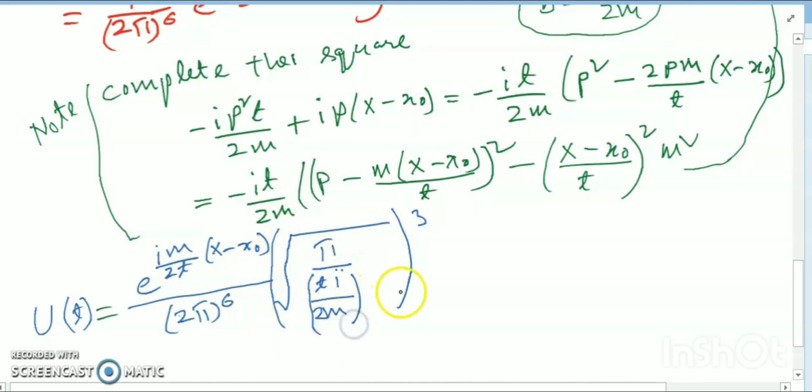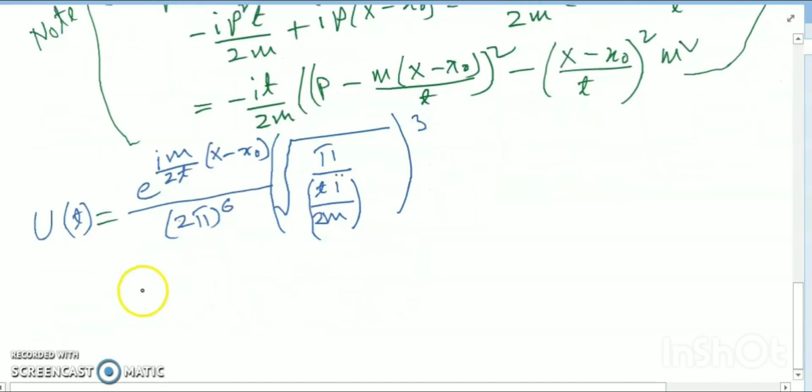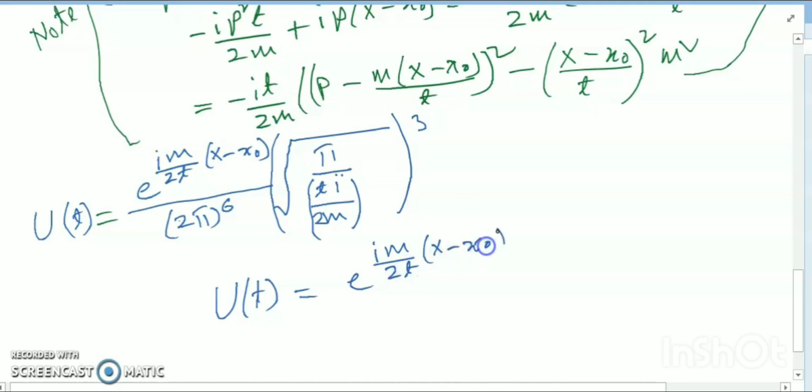So I can write this way that U(t) is equal to e to the power i m divided by 2t x minus x0, divided by 2 pi whole to the power 6, and